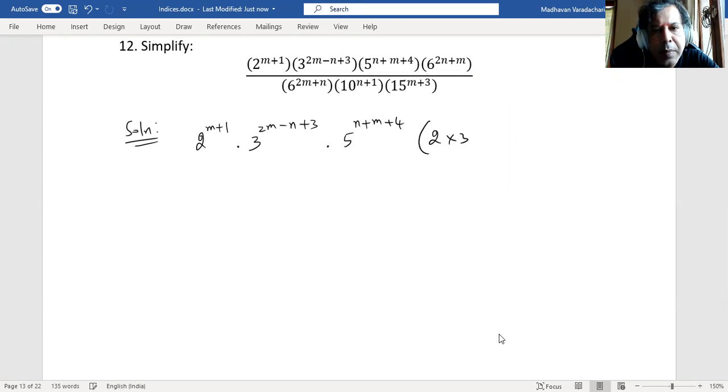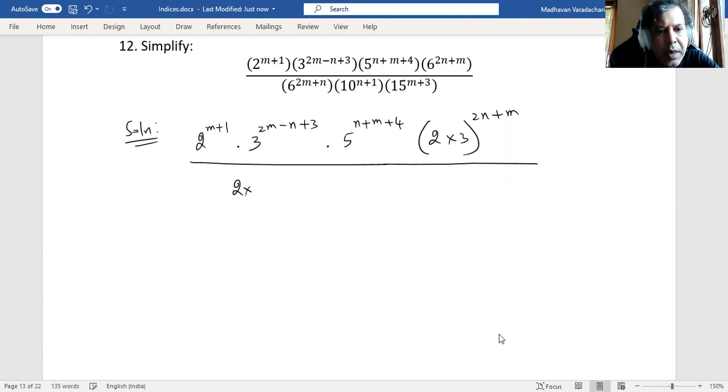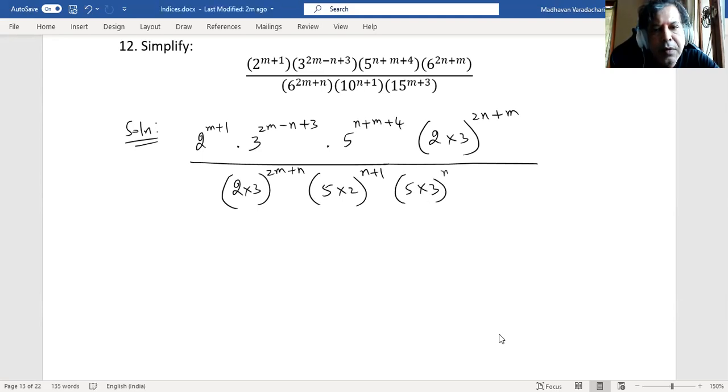2 multiplied by 3 to the power of 2n plus m divided by the denominator 6. I will write it as 2 multiplied by 3 to the power of 2m plus n. 10 I will write it as 5 multiplied by 2 to the power of n plus 1. 15 I will write it as 5 multiplied by 3 to the power of m plus 3. Now, if I consider the numerator,